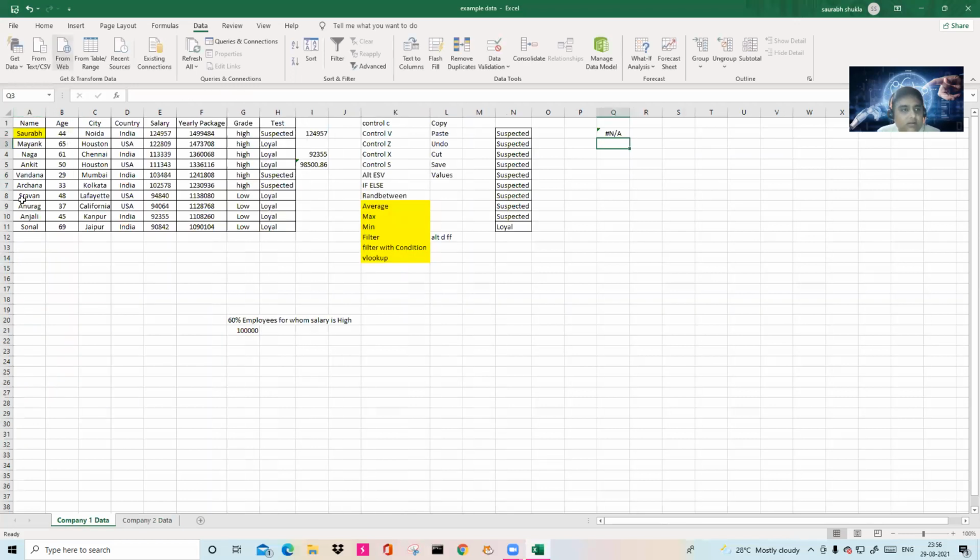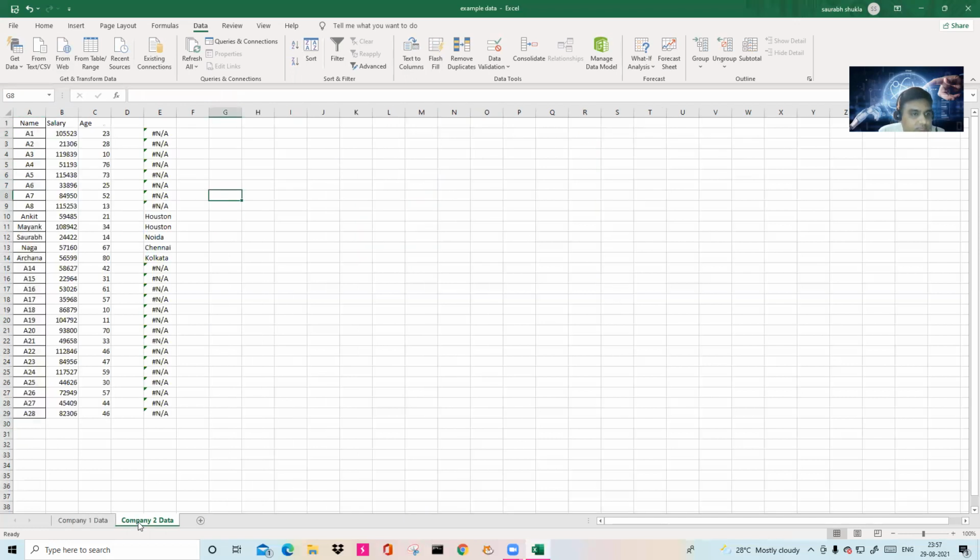When you enter that, it says Saurabh is not there. Okay, no problem. Just drag it till the names are there. So it is saying that no name is there. Is it so? But I can see there are a few names which are already there.